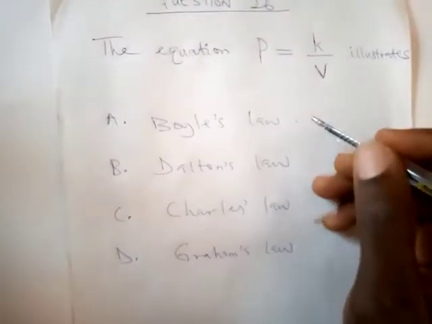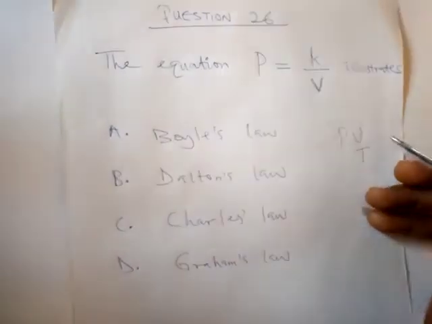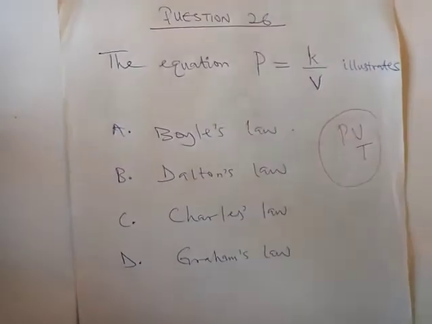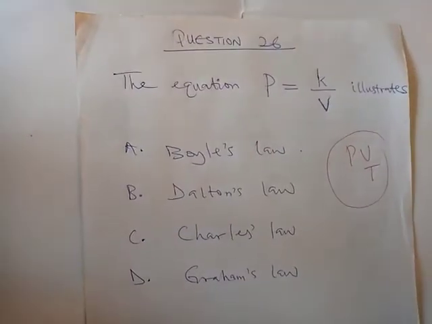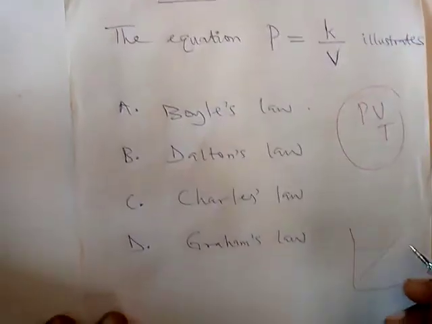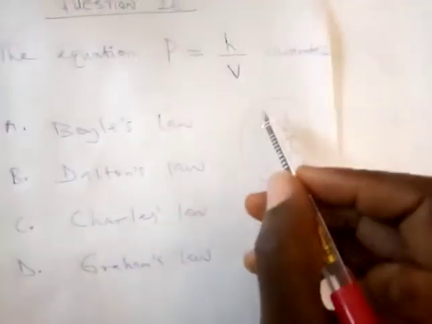When we see all this gas law, we used to have P, V, and T: pressure, volume, and temperature. We always look at the relationship between two. We look at whether it is a linear relationship, whatever. The third one is always constant. If pressure is constant, these two will go. If volume is constant, this and this will go. In this case, we have P and V. We are correlating P and V, and temperature is constant. That's why you cannot find temperature here.